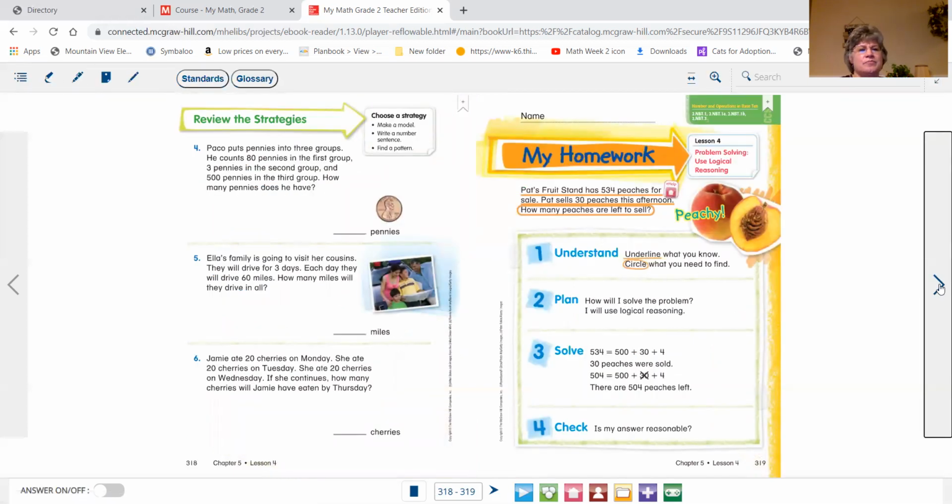All right, so on the back we have Paco puts pennies into 3 groups. Okay, he counts 80 pennies in the first group, 3 pennies in the second group, and 500 pennies in the third group. Okay, so if he has 3 groups,